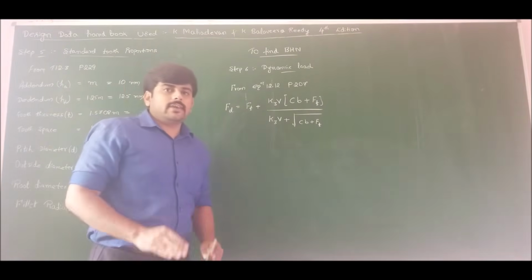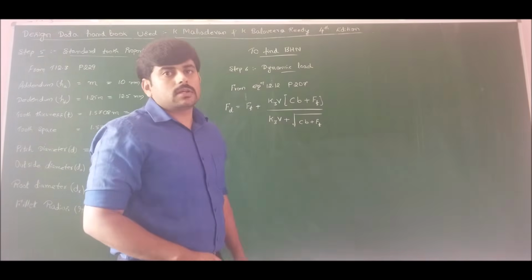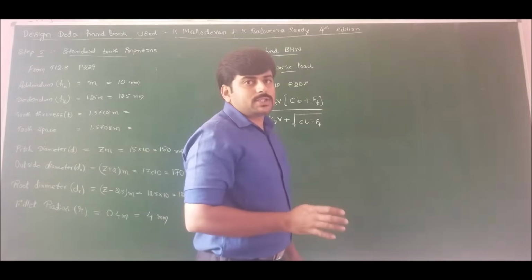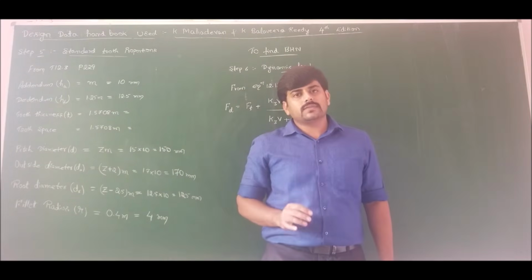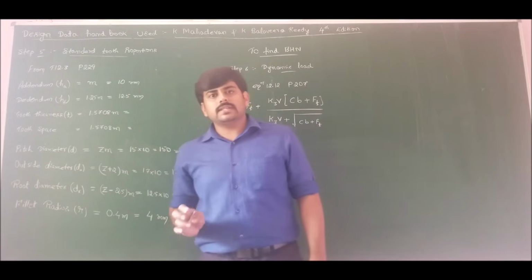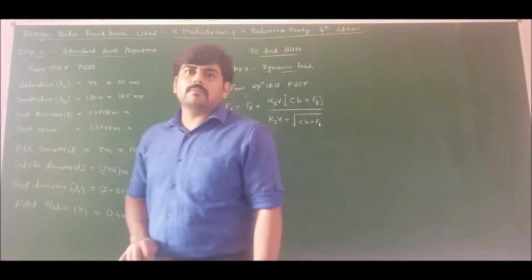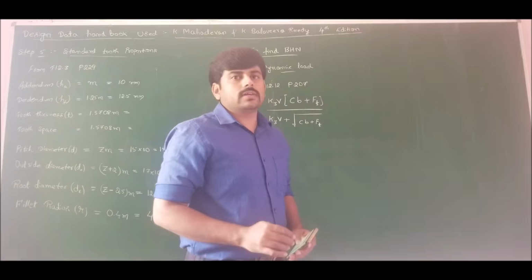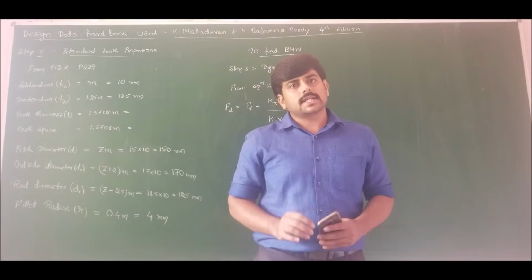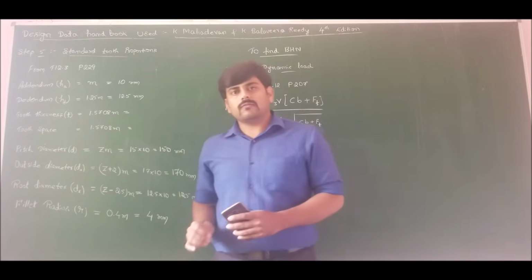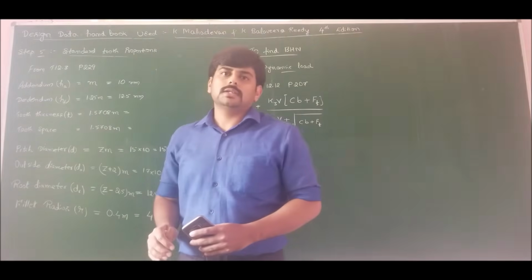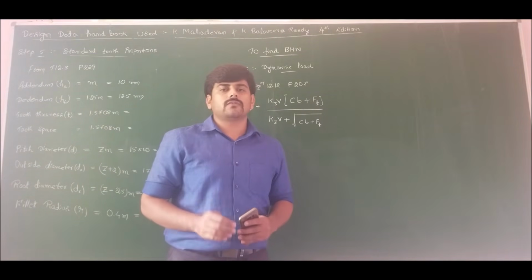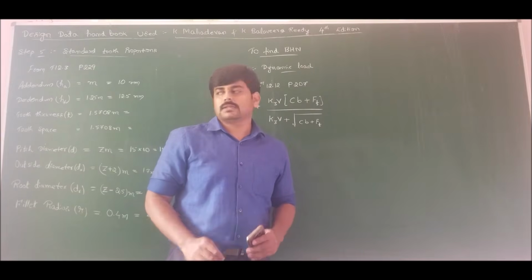This completes the first part of the given problem. Moving on to the second part of the given problem. The second part is to find the hardness of the gear and pinion if it is asked to design the gear completely. If the hardness is given in the question itself, then we should check whether the design is safe from strength point of view or not. Since in the problem the hardness is not given, we should find the hardness of gear and pinion.